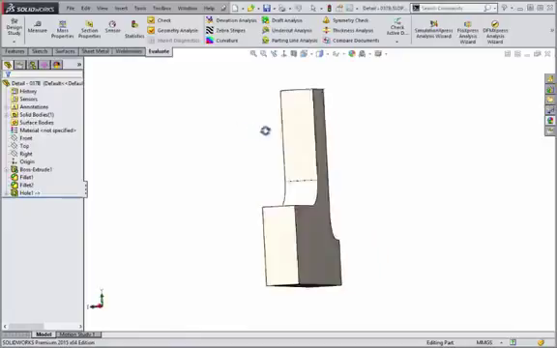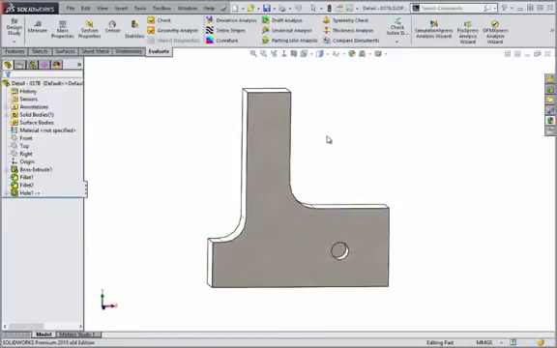As you can see, creating features in assemblies allows for greater flexibility in design intent without spending extra time having to modify the